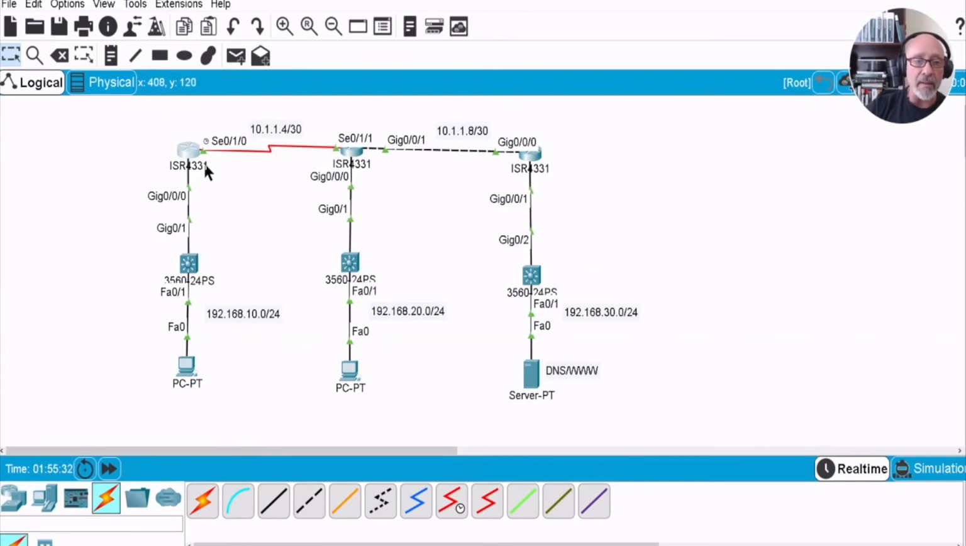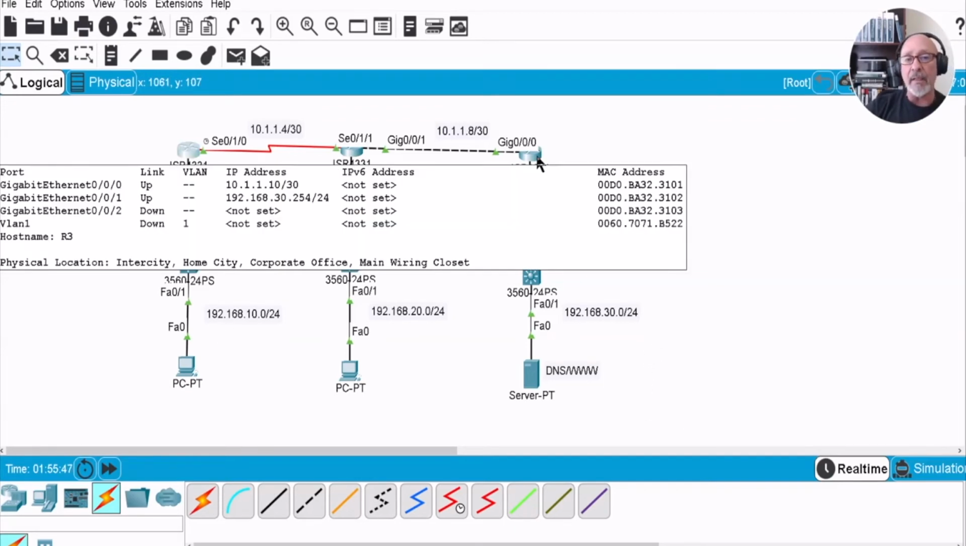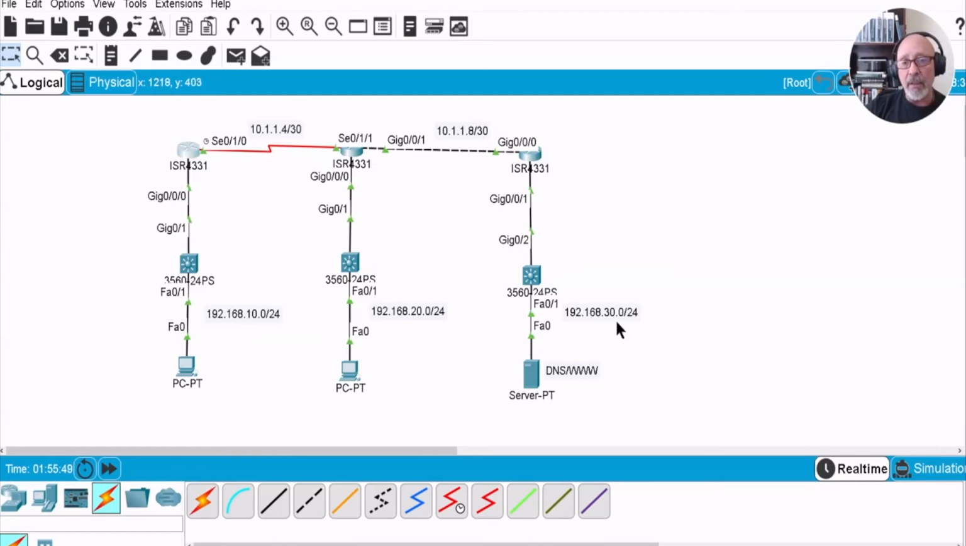So this router is connected to the 10 dot network and the 4. So it only knows about these two. This router is connected to the 4, the 8, and the 20. It only knows about those 3. It has no idea that the 10 and 30 exist. And this router is connected to the 8 and the 30 and has no idea that these exist. So what we're going to do in our next video,